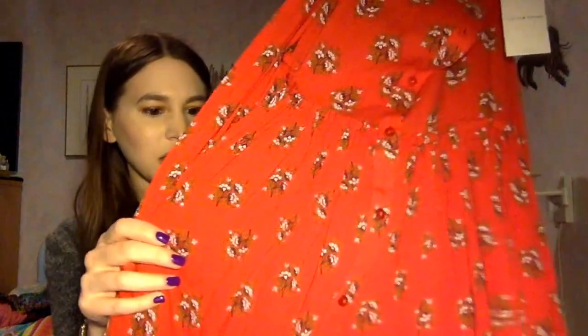It looks like this, and it has this really cute floral print on it, and I love that it's red. I don't own any red dresses at all, so I really love it. So I think I might end up keeping this. It's really, really cute. And then the last thing that I got